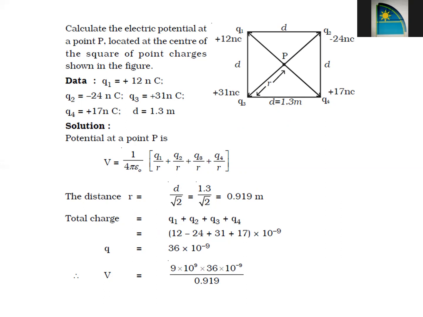But for a similar type of question, let's say we are doing it for electric field, the link is there in the description box. We had solved it last time for electric field. That time we had to do the vector sum, because electric field is a vector quantity, we cannot simply add everything like scalars, as in the case of potential. So let's get going to the next numerical.